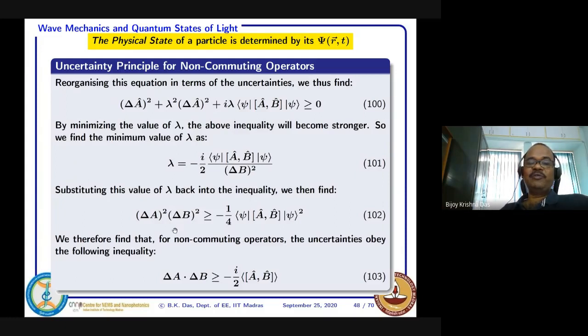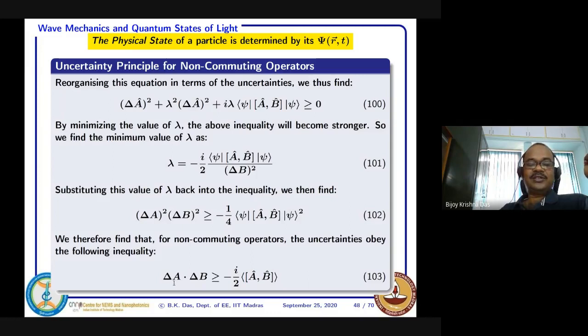Now if you take the square root of both sides, sorry, this minus sign will not be there. So if you take the square root, it is delta A, delta B, and this is the square root of i by 2. This minus sign is also a mistake, I was hurriedly writing down this i by 2, right? And this one, this thing. Okay, so this is the important equation.